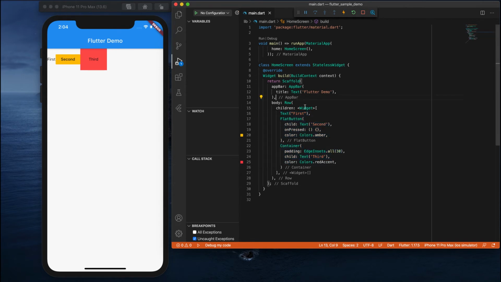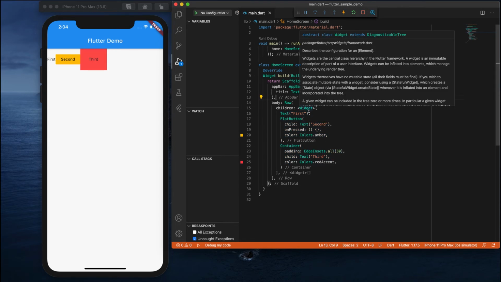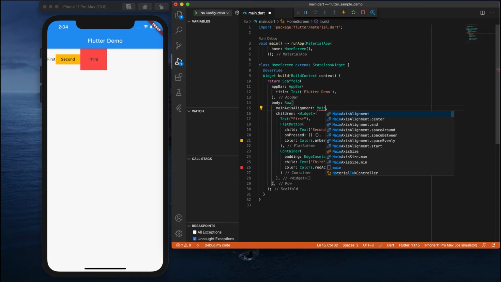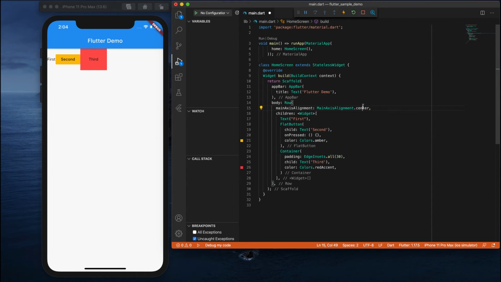The first one is that either you can arrange in a horizontal direction or in a vertical direction. First we will see how we can arrange this in a horizontal direction. For arranging along the x coordinate, we have something called main axis alignment. The main axis alignment property has a few elements like center and space around. We will see each one. When you apply center, you can see all these widgets appear at the center of your application.